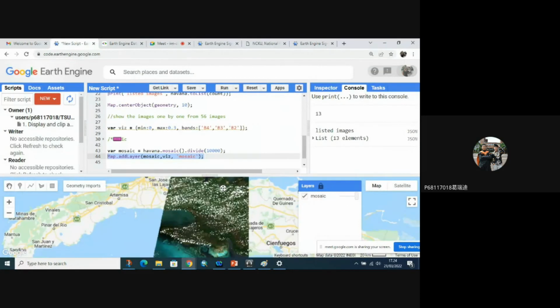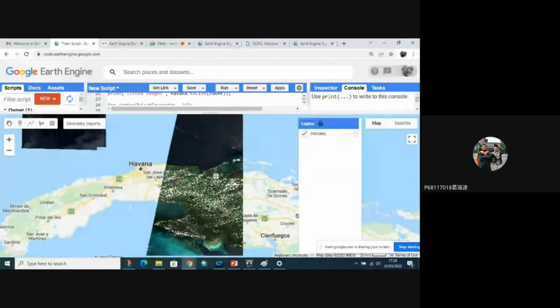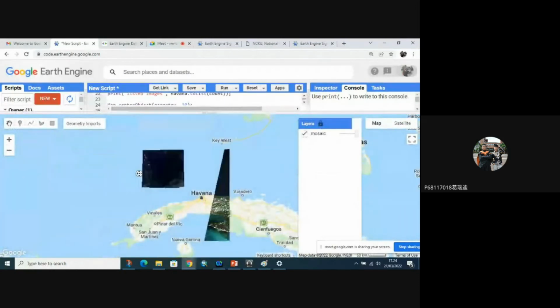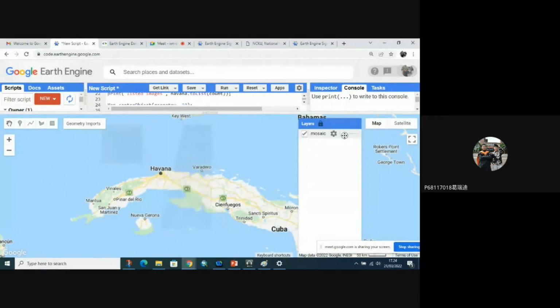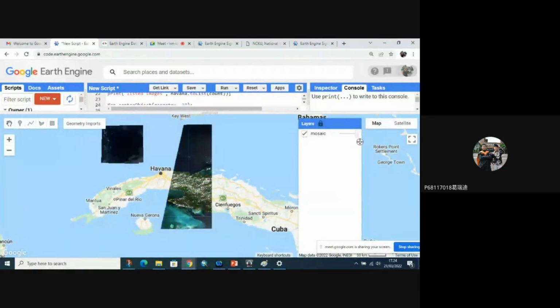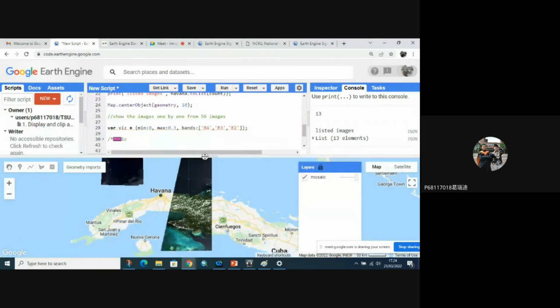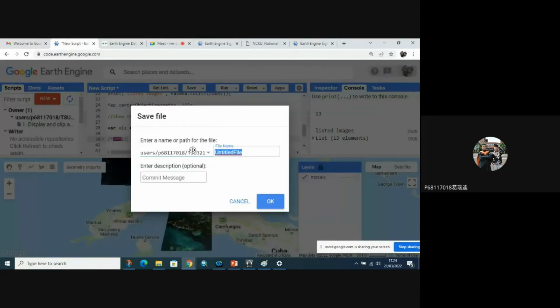Yeah, this one we already cut the mosaic image. Why does this image jump here? Yeah, this is the mosaic image. It's not perfect, but this is how we do mosaic images in Google Earth Engine. Okay, we can save the composite and mosaic images.